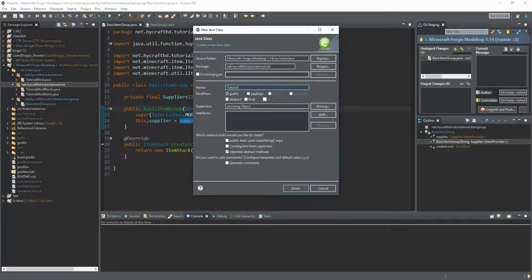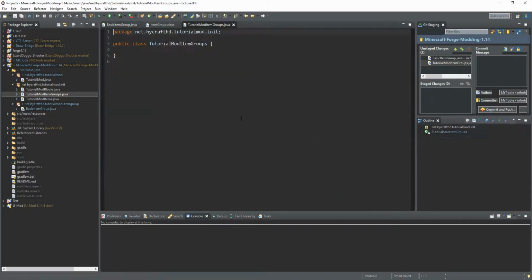Tutorial mod item groups. There we go. And there we will initialize public static final. We'll do that final too because we don't want it to be overridden, because there is only one object. Basically those are singletons, but no, they're not singletons but they're like, you only get a single object and this